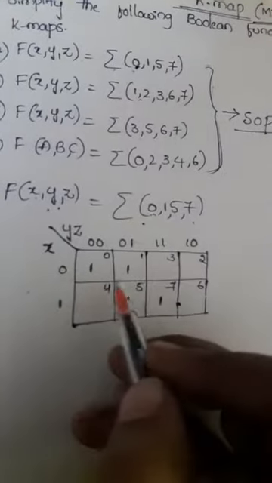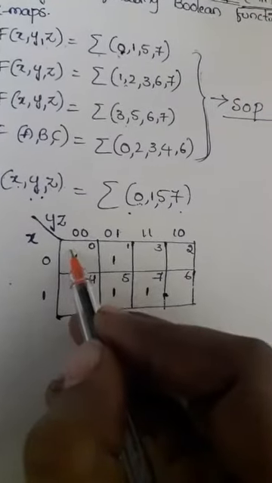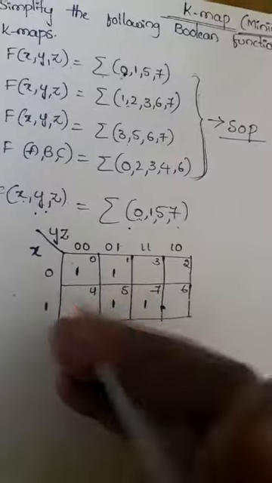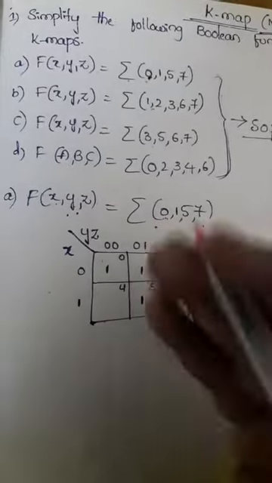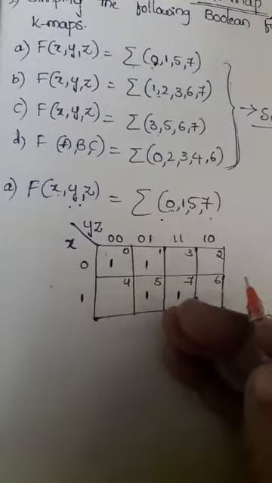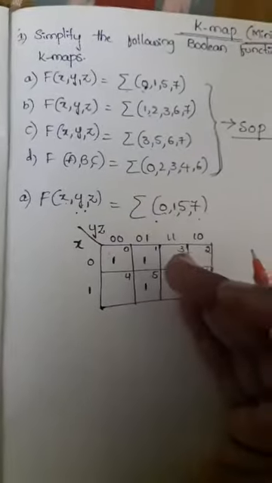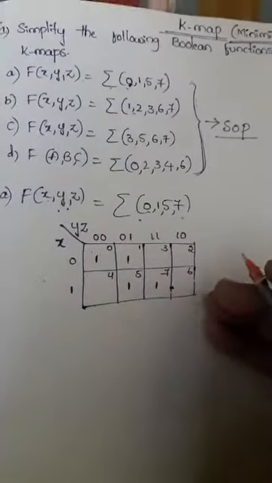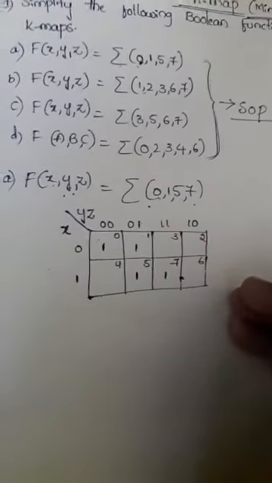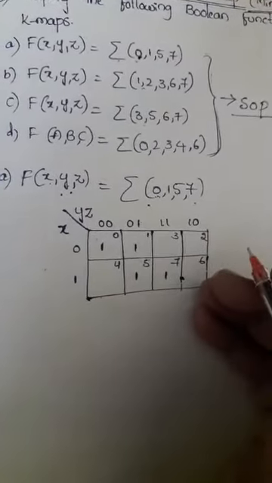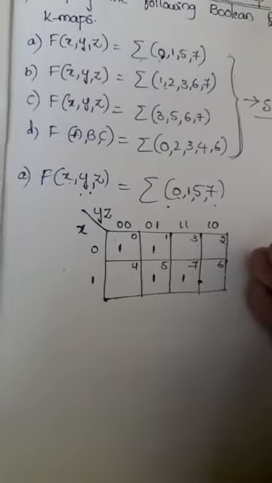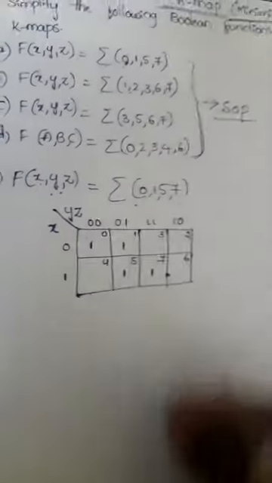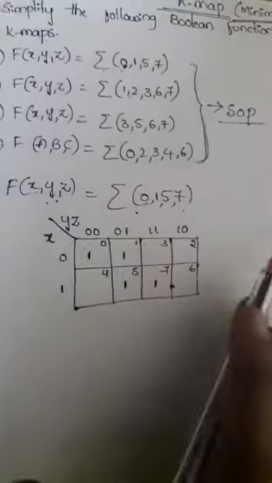Okay, so here just check whether any octet is possible. After indicating these cell numbers, we check what possibilities we are getting here. An octet may be possible, or a quarter may be possible, or a double, or a single. We have to check it. After indicating that, directly we go for the octet first.